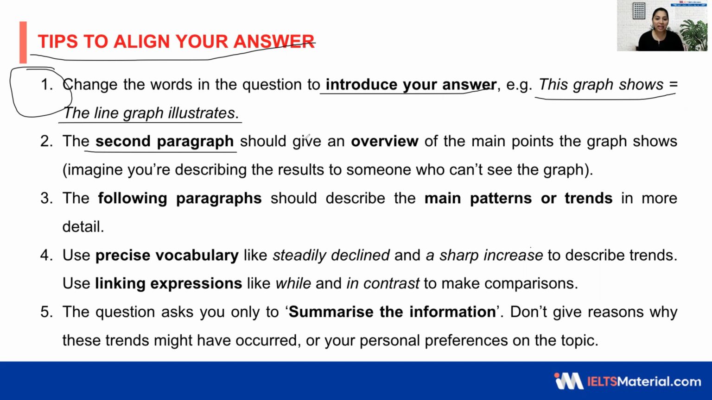So the second paragraph is called the overview of the main points the graph shows. Imagine you are describing the results to someone who can't see the graph. So it will just be explained in 2 sentences and not more than that. Next, the following paragraphs will be the detailed explanation of the patterns of all the 3 categories with the exact